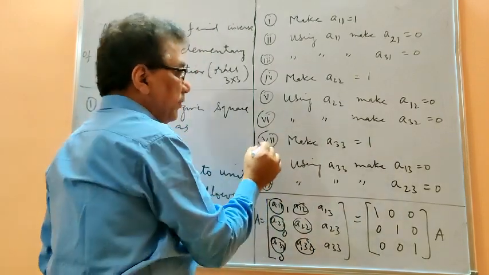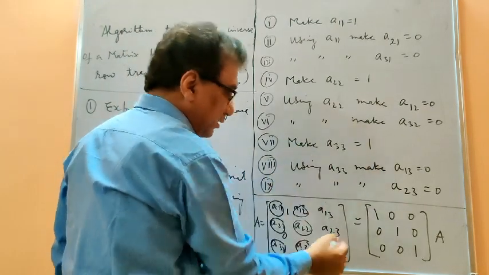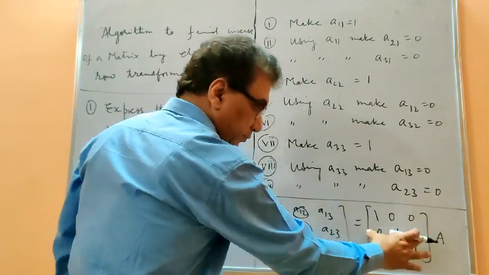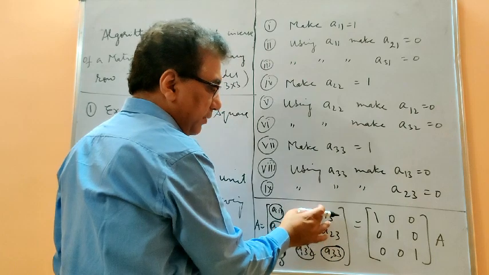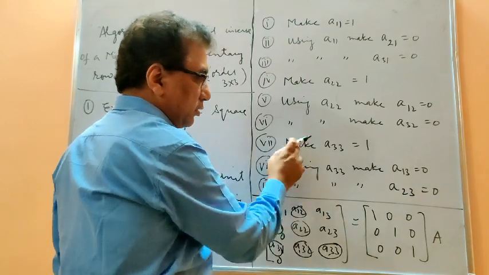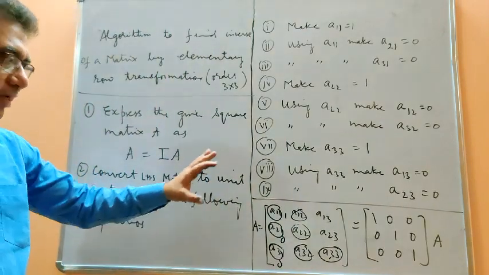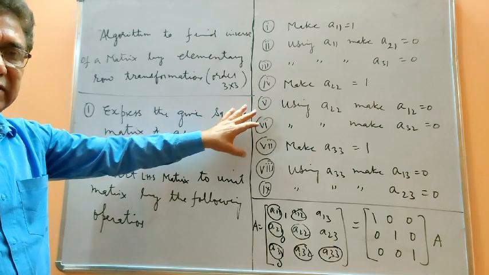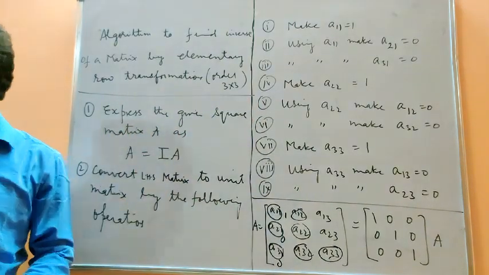Now the next step is to make A33 as 1. So this has to be made 1. Whatever we are doing on this side, the same we have to repeat here. And then going back, this has to be made 0, and this is also 0, the same I have written here. Then you will get your answer very quickly. So you have to remember all these steps, and they should not be disturbed. This is the copybook way of doing the question.